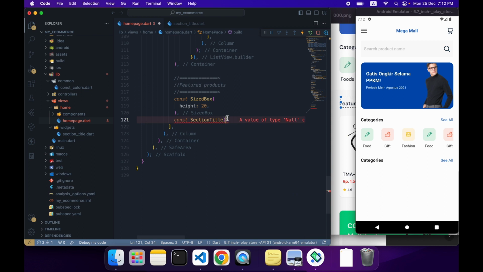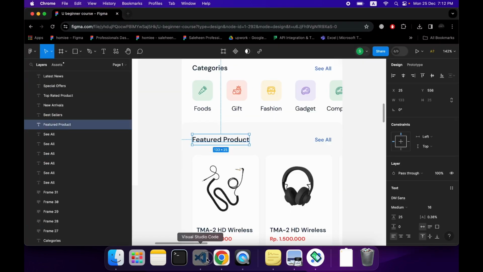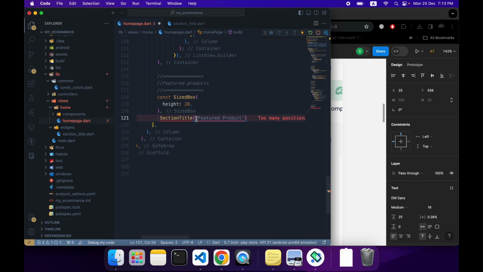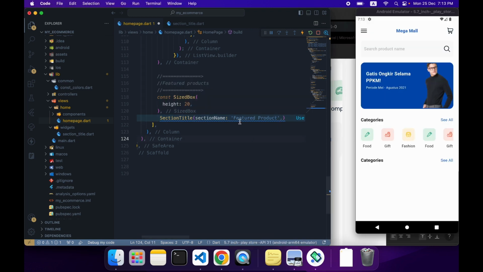And when we want it in featured product, we can call it featured product. I have to remove the const. Sorry, I made a mistake. So I cannot just pass the value. I also have to write the variable name like this. Section name, featured product. And if I hit save,